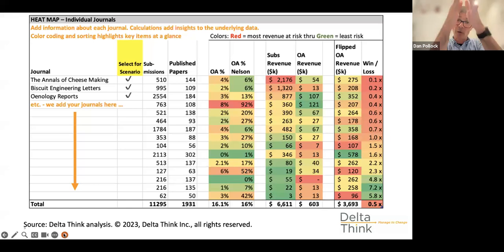And the idea is if you look down a column, so let's look down that middle open access percentage column, just at a glance you get a sense of what's the big stuff, what's the small stuff. That's the whole point of the heat map. It's a very quick way of attracting the eye to the important things, or allowing you to set aside the less important things. So in that open access column, the highest percentage of open access uptake, about 8%, is that red slice, I think four rows down. And then as the percentage of open access uptake grows, we get more and more green. So that's where we are today.